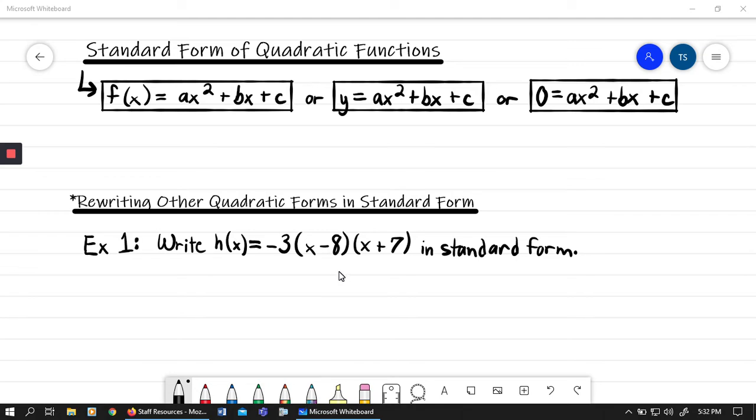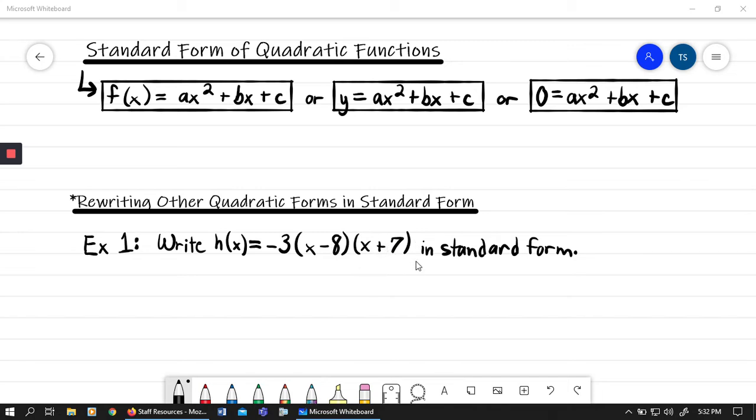But let's look at example 1 here. So if we were asked to write this function h of x in standard form. I know that you're probably looking at this and you're saying, okay, there's a -3 here. There's this part in the parentheses, and then there's another part in parentheses. So there are 3 different things that we need to multiply here. We have a -3 being multiplied times this first part in the parentheses, also being multiplied times this last part